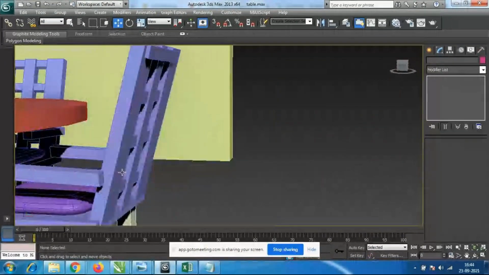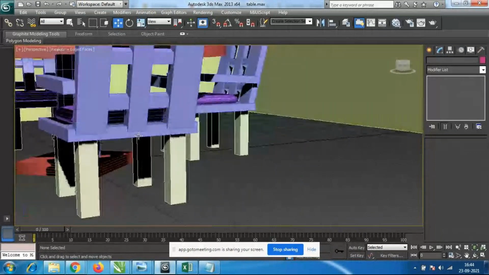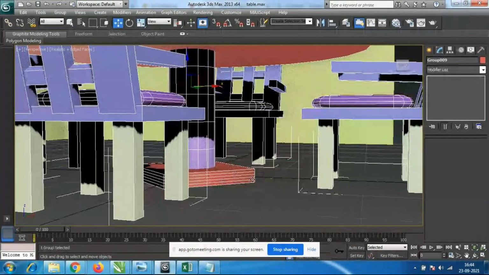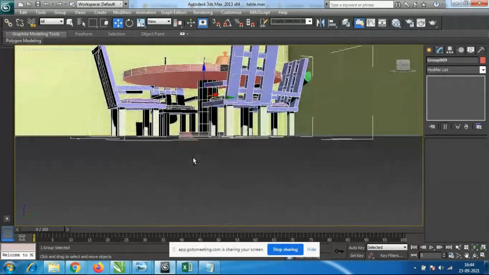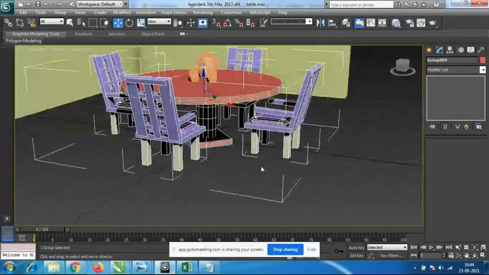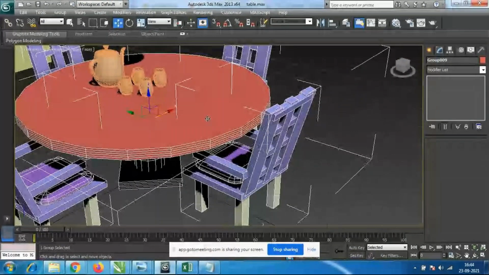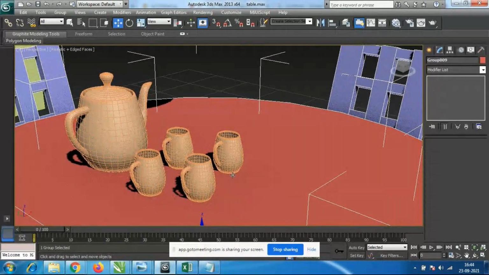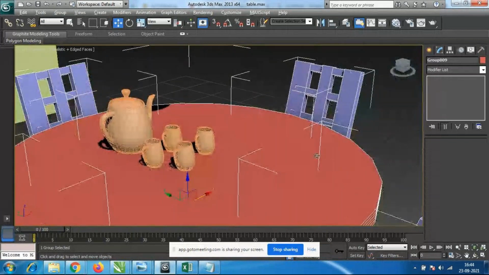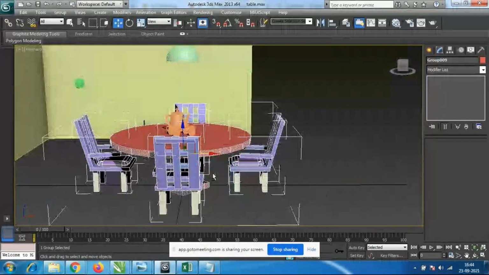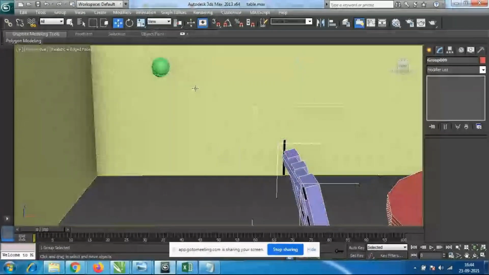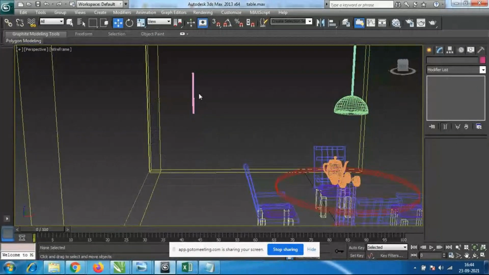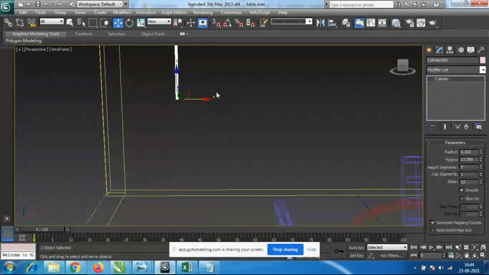Just zoom in. Sometimes what happens is if you delete something and the legs are not grouped, it will also be affected, so see if everything is grouped here. That's why only the floor is deleted. Somebody who did only the table has to place a jug with a coffee cup, something like this, on the table. Okay, so look here, there is something hidden. I'll just remove these things. Just press F3. Whenever there are things inside this, I'll remove them like this.